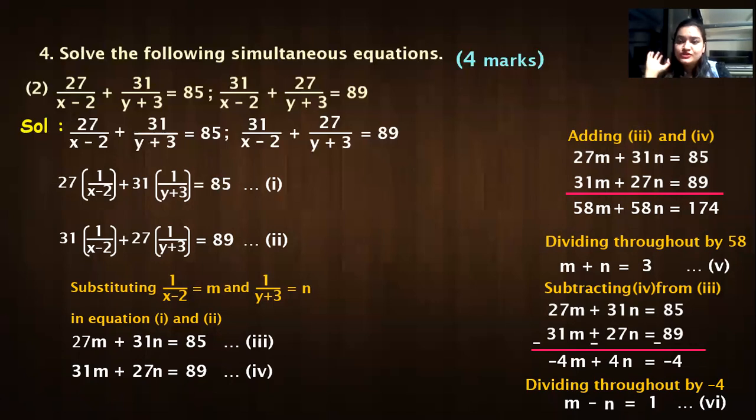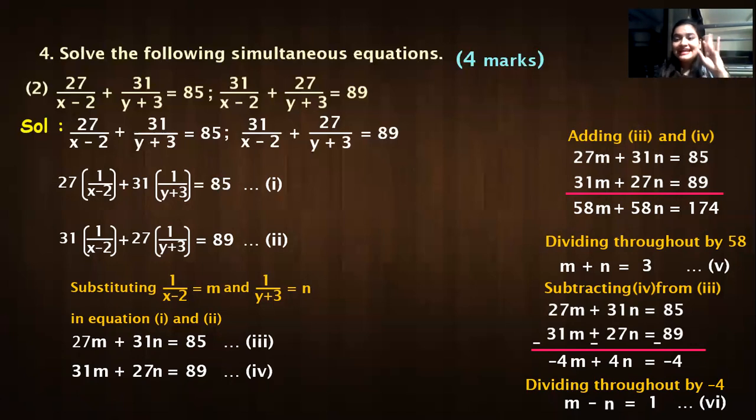Have you all understood it very properly, guys? And guys, once you get the answer for m and n, then you need to resubstitute and get the value of x and y. So till here I showed you the pattern, but after this you have to solve and get the value of x and y, and I told you the steps.